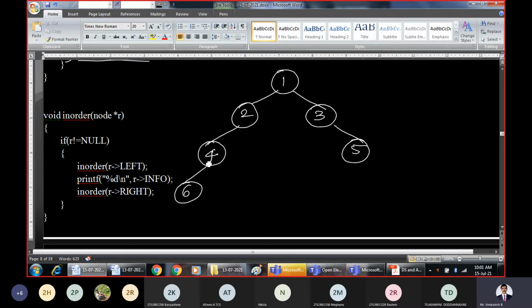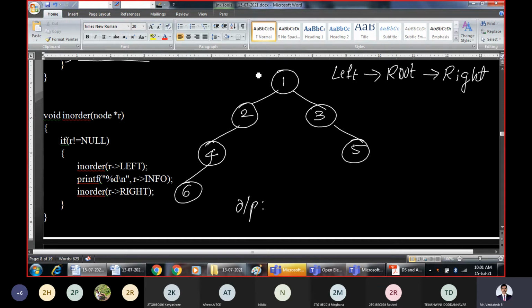So once we have this tree, now let us write the in-order traversal for this. What does the in-order traversal say? In-order traversal is defined like this. First, you process the entire left subtree. Then you print the root node. Then you process the right subtree. That means in in-order traversal, the root node comes in between the left subtree and the right subtree.